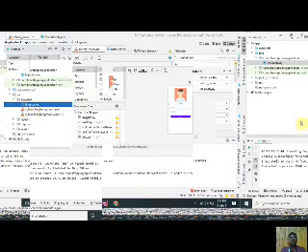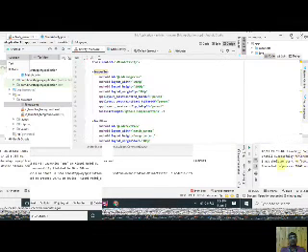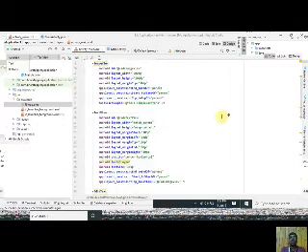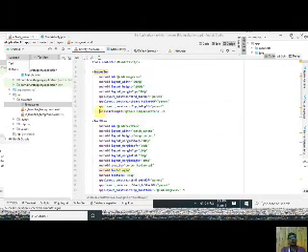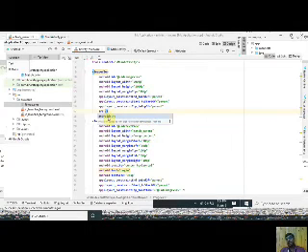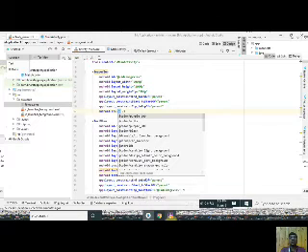And now in the XML code, you go and find the image view and remove the tools:src line from the XML code and type the SRC.